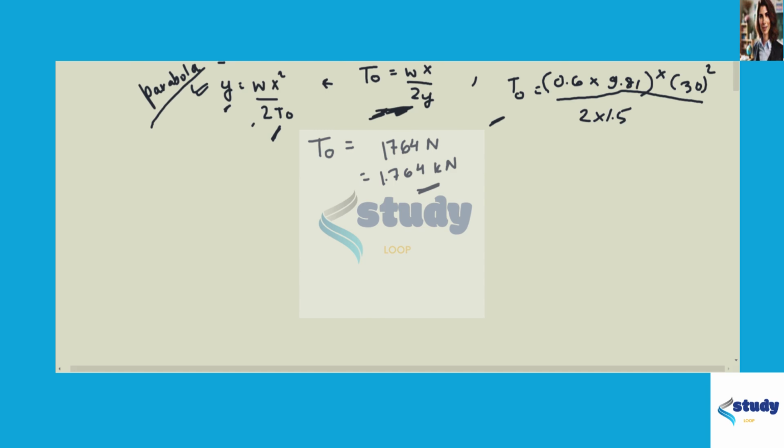Okay, now we know that if these two are the insulators and if this is the cable, then the maximum tension would be here, and this is the tension in the horizontal direction. This is the maximum tension in this part of the cable, and there is one more component,